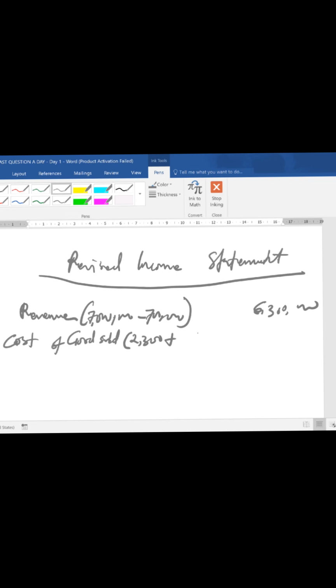Plus the 100 that belongs to someone that was deducted. So we now have 2, and this will give us a gross profit of 3.9 million. So our gross profit. Then we move on to our other income,